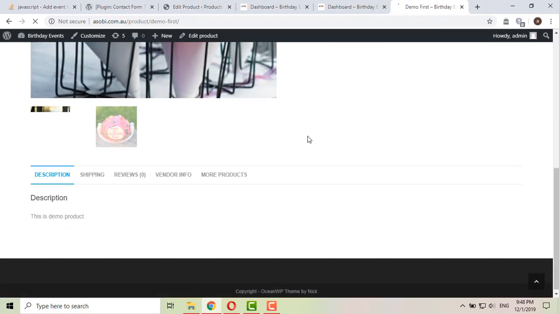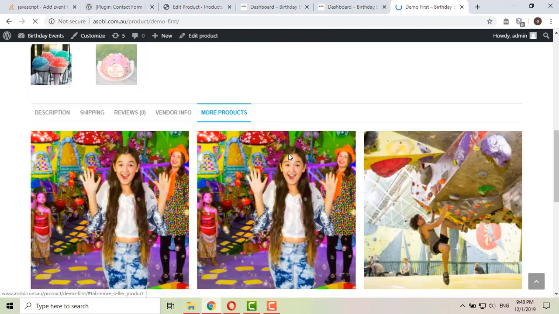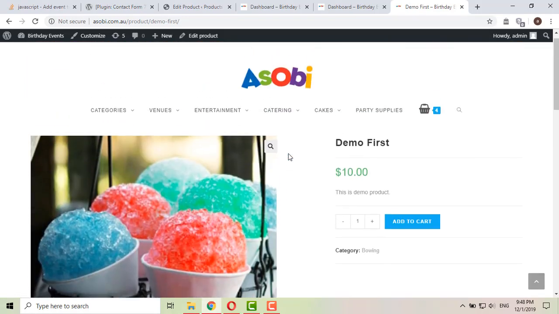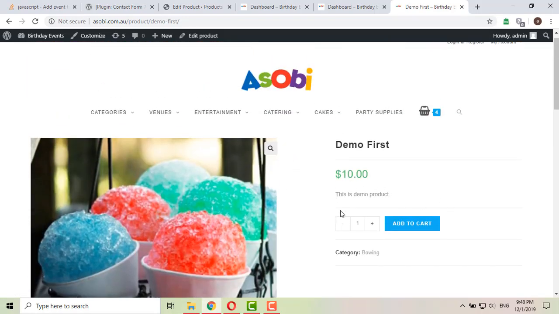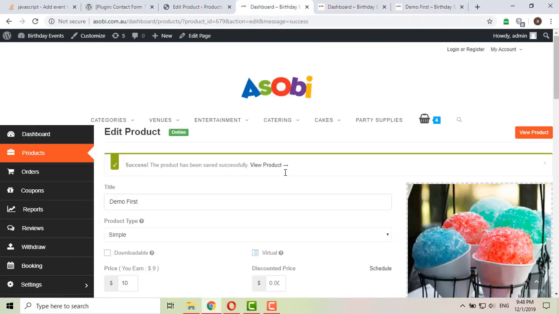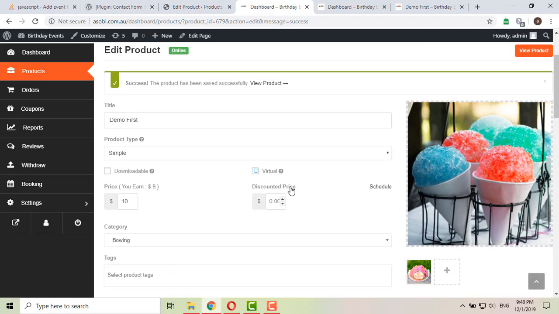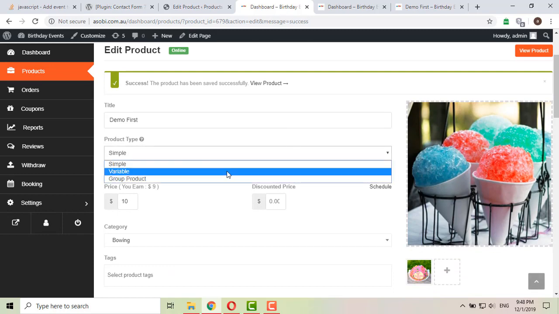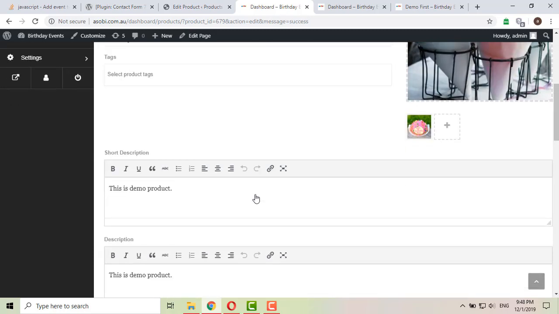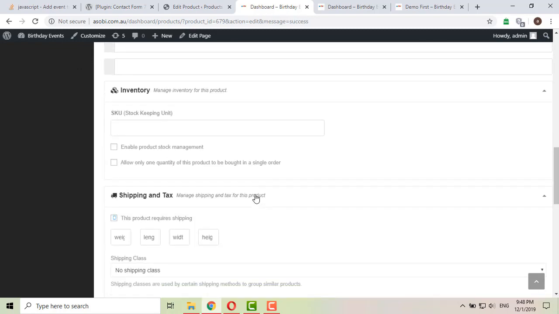As it is a simple product, that is why there is no option here. So if we convert this product to variable, then we will see the variations.